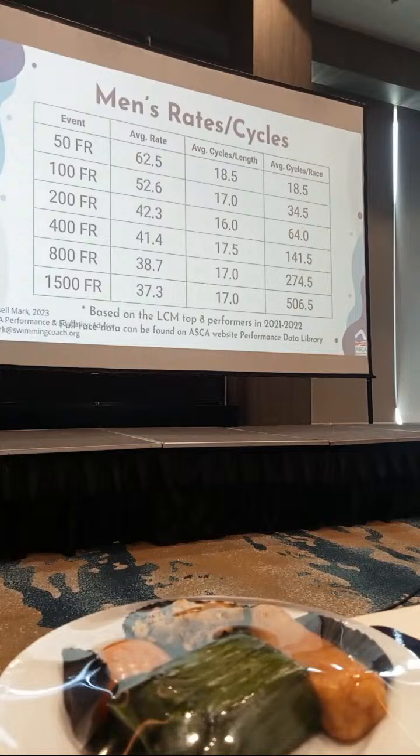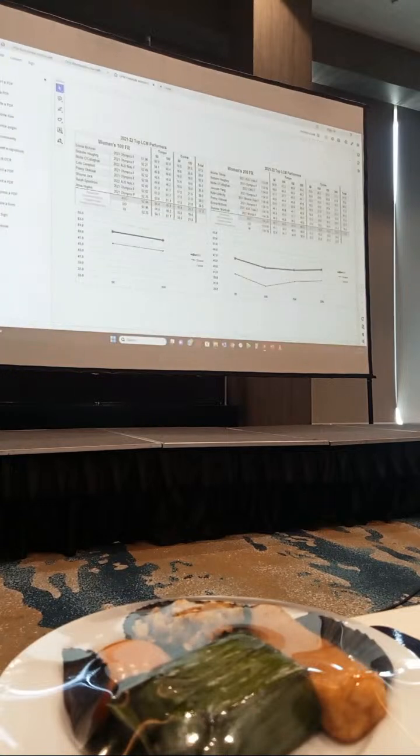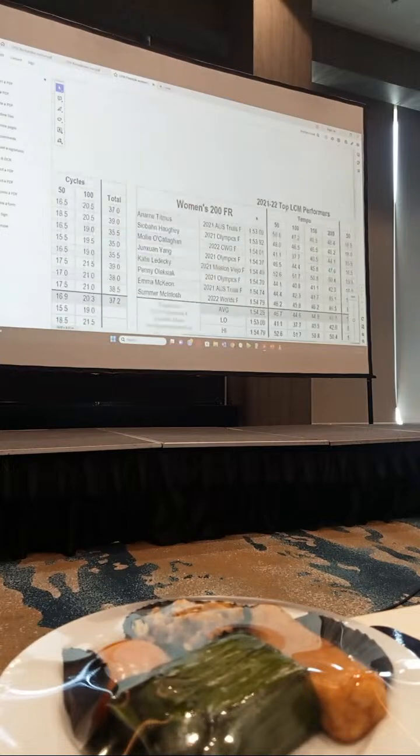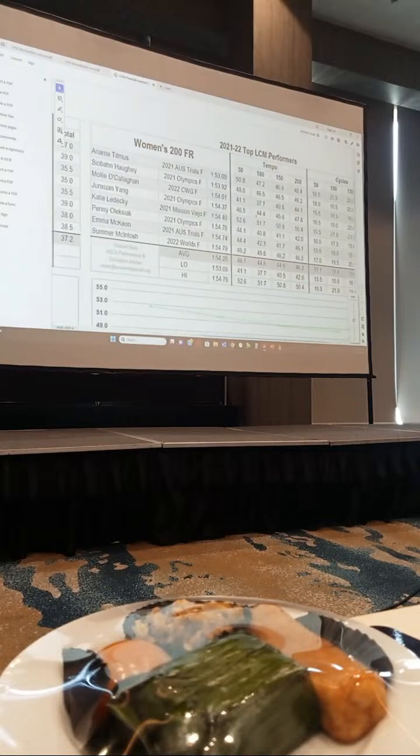So, and there are more details to this. If you want to know, let's say, I'll show you in a freestyle event. So this is the women's 100 and 200 freestyle. And so, like I said, within the race,